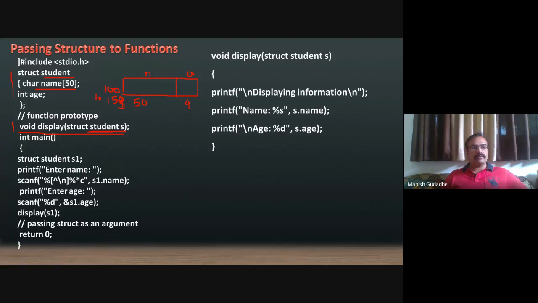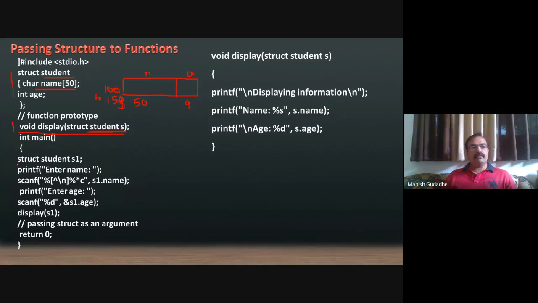So this is a structure prototype and this is a function prototype. We cannot have display first and then student, because student is used inside display, so it should be known that student exists. Then we are inside main, and it is global. We can now use student anywhere in the program.